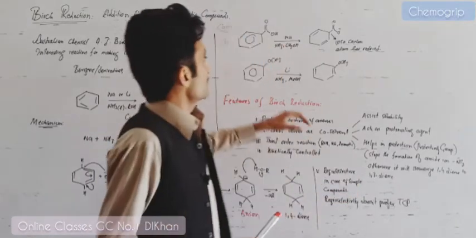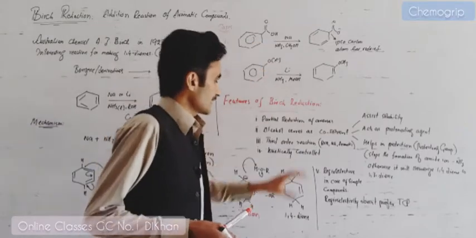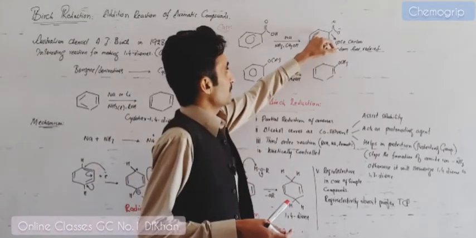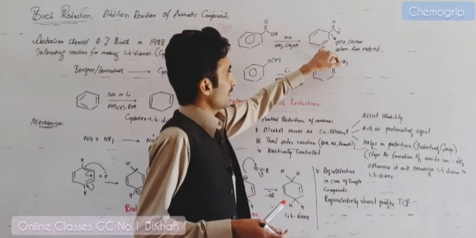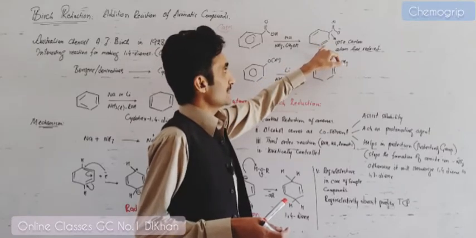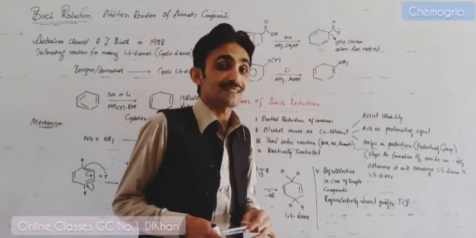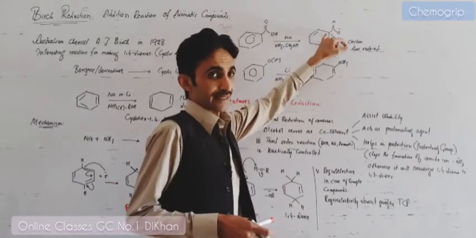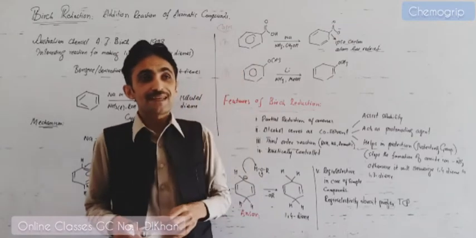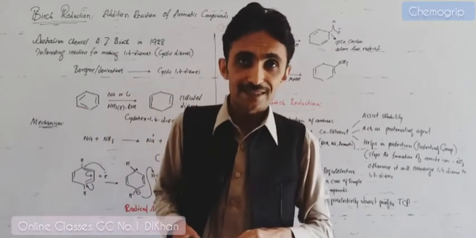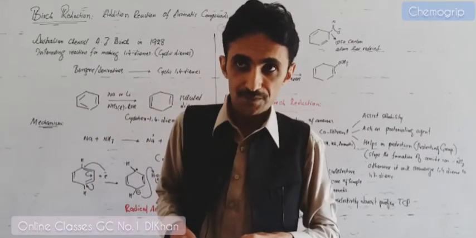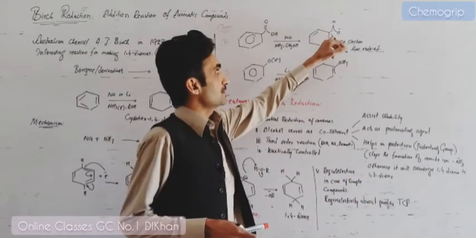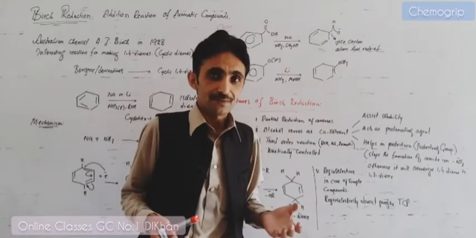So throughout the ring, if you look at the mechanism, the negative charge, whether it forms here or on any of the other carbon atoms of the ring, will not be as stable as in the case of the ipso carbon atom. Why? Because the negative charge is stabilized by the electron withdrawing group. So when the negative charge is formed, definitely it will abstract a proton from the alcohol and